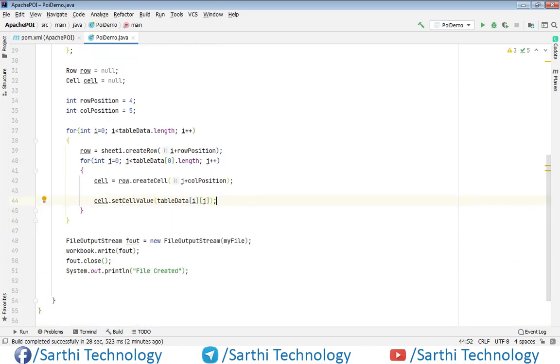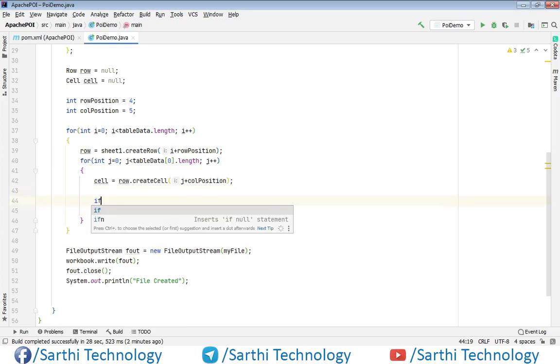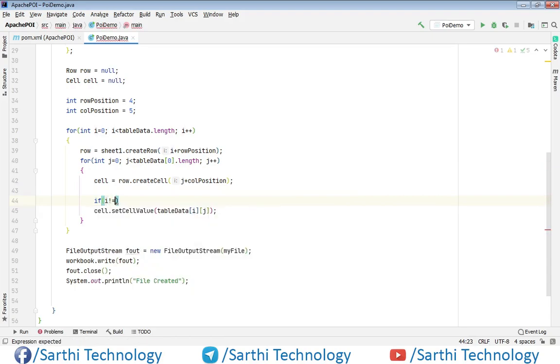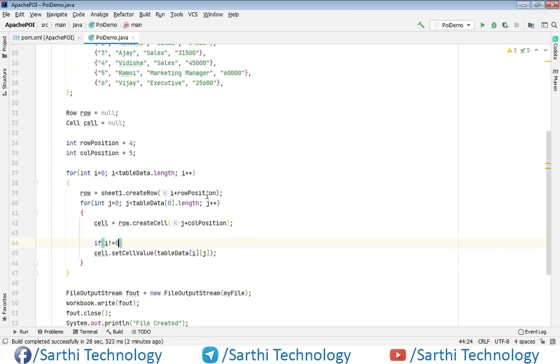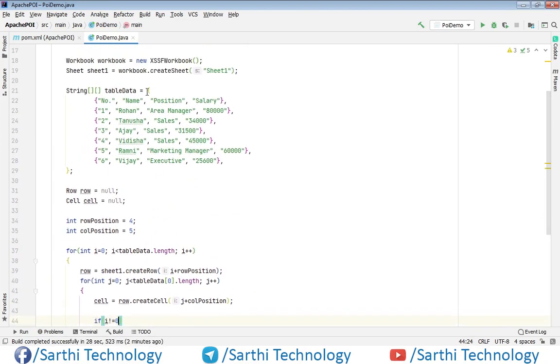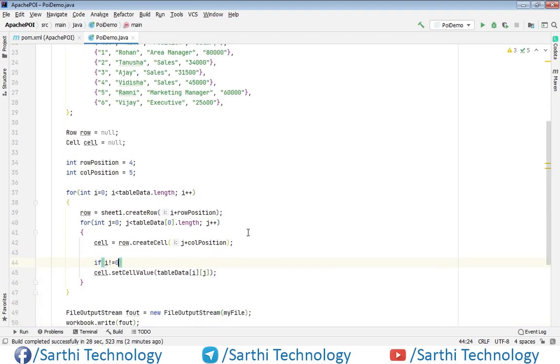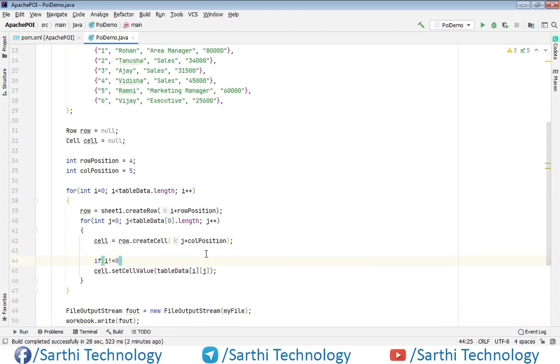So here we can just create one simple if condition. So if i is not equal to 0, because we are just skipping this first header line.